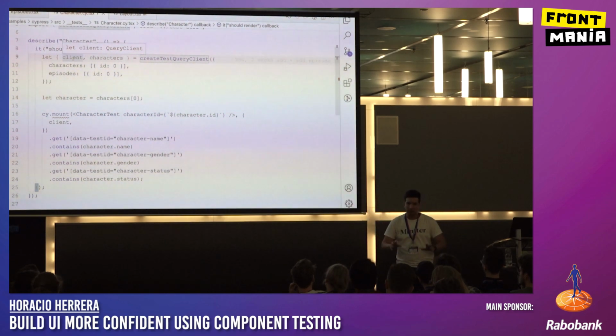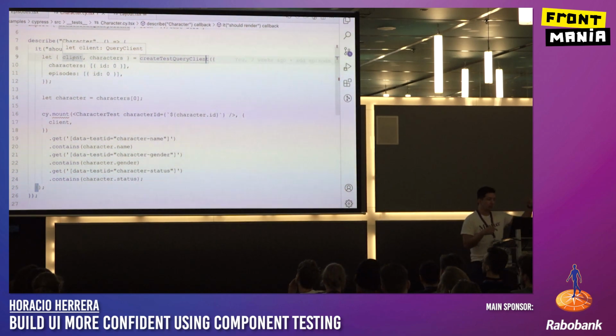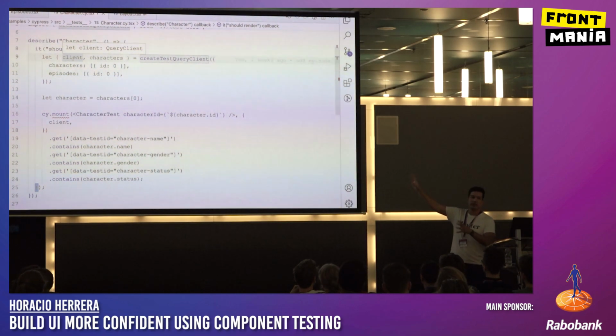So that helps me to say, okay, if I want to test something, I know that I can just mock whatever this query client is returning. So it's easy to manipulate, easy to understand. I actually don't mess with the actual component. I'm just messing with whatever the component is getting from React Query. I don't know if that's real mocking, but that's how I'm doing mocking.